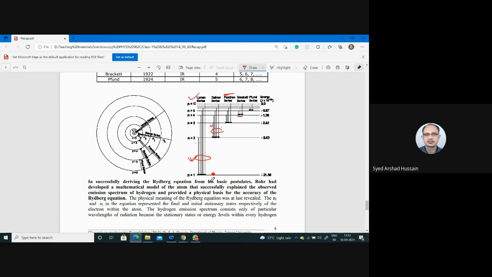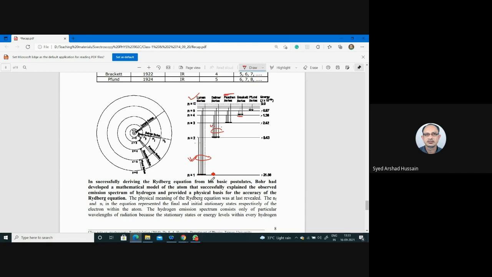Bohr's theory was capable of giving an idea about the stable nature of atomic systems. Using Bohr's theory, one can get an idea about the radius of orbits where electrons lie. It can give an idea about the energy of electrons in a particular orbit. It can give an idea about the frequency or wavelength when electrons jump from one level to another during absorption or emission. And it can also give the Rydberg constant in a very proper way, which is very close to the experimental value. So all these are the successes of Bohr's theory.